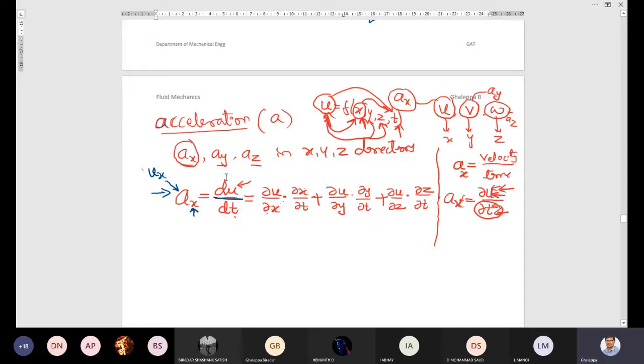Okay. So du by dt, that is the rate of change of velocity with respect to time, is a function of two variables. That is, u is dependent on x, as well as this x is also dependent on time. So in that case, we are going to apply the chain rule. What is the chain rule? First you write the expression of u with respect to x. X is a function of time. That is one term.